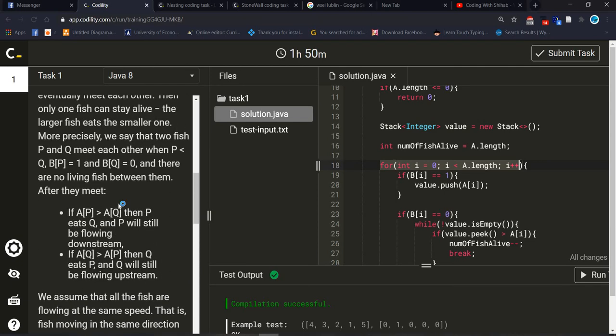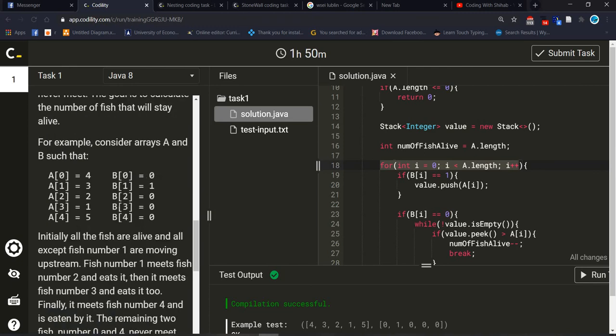Array B will contain only the direction, 0 for upstream and 1 for downstream. So at first I am checking if the direction is up or down. If the direction is down, then value dot push. It's a built-in method from the stack data structure, and I am pushing this value from array A.